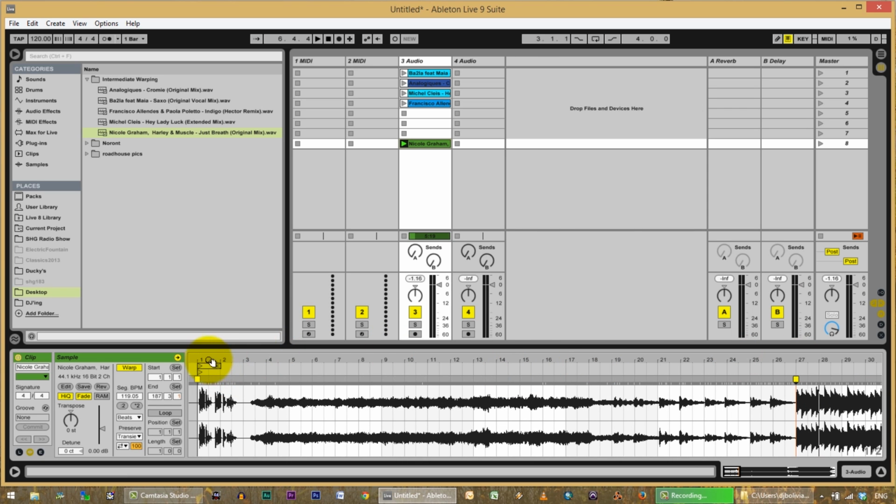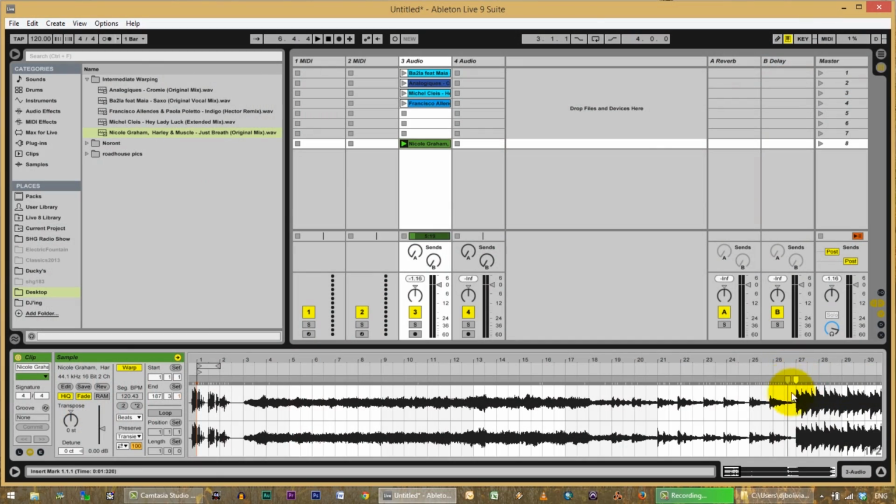and then we can get rid of this one because you always have to have one warp marker in a file if warp is turned on. So if I had not put this one here first, I would not be able to erase that one. Now I'm going to Control Z and undo and just focus on something here for a second. I'm going to double click on this to erase it again, and watch what happens.